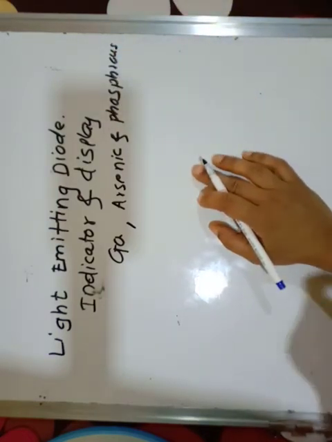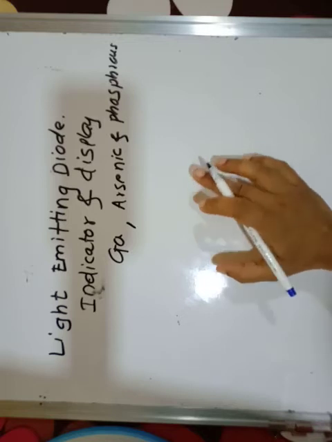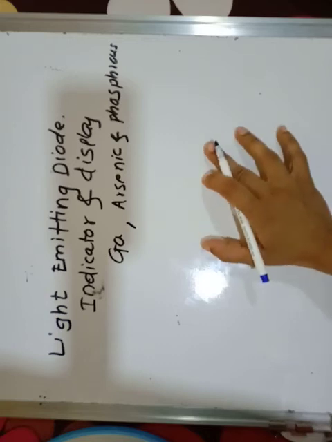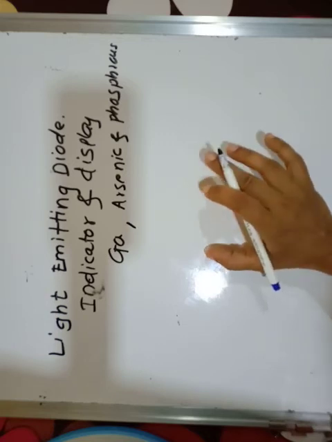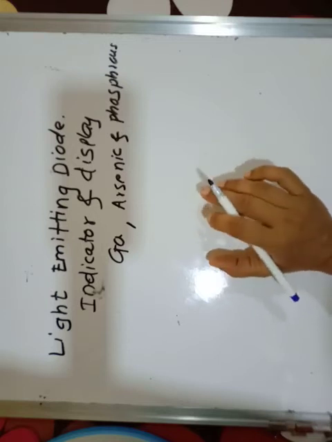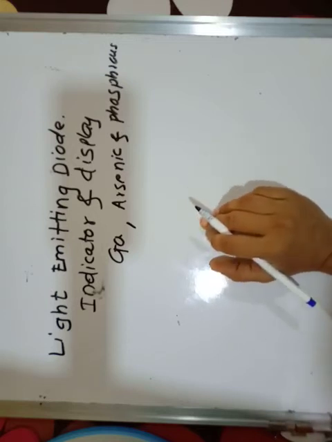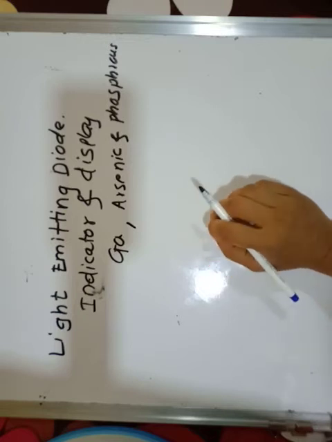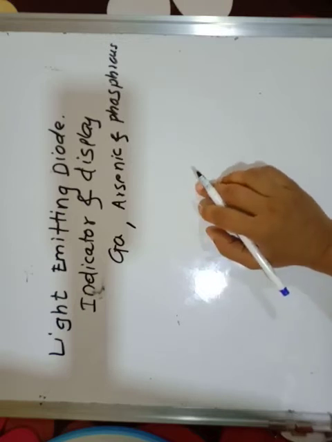So instead of using silicon and germanium, when the light emitting diode is in forward bias, it emits light instead of the heat generated by the normal diode. When the PN junction is in forward bias, in case of the LED, some of the holes combine with the electrons of the N region, and some of the electrons from the N region combine with the holes of the P region, and each recombination radiates light or photons.